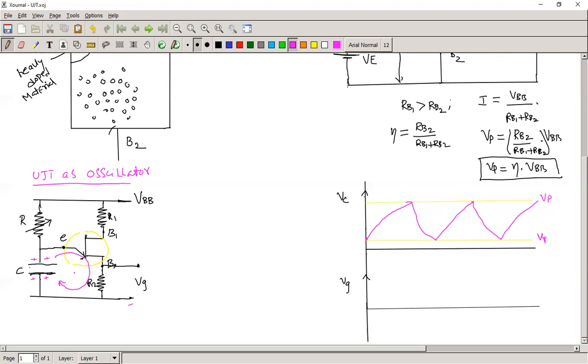How this capacitor discharges, I have already shown. This is the path in which the capacitor is discharging. R2 is the external resistance, which is very, very small. So the time constant to discharge the capacitor is very, very small. That's why it is discharging very fast. When it is discharging, this is the area. This happens when the UJT is on. This is the nature of the discharging current. So the voltage across R2 will be taken from this point, because it is a resistor load.